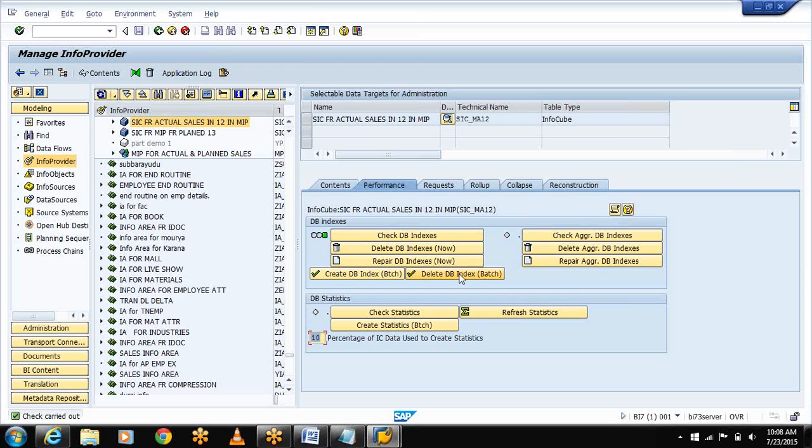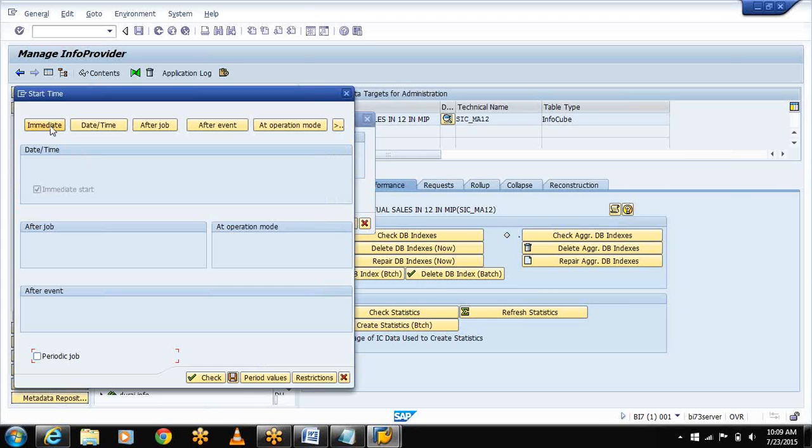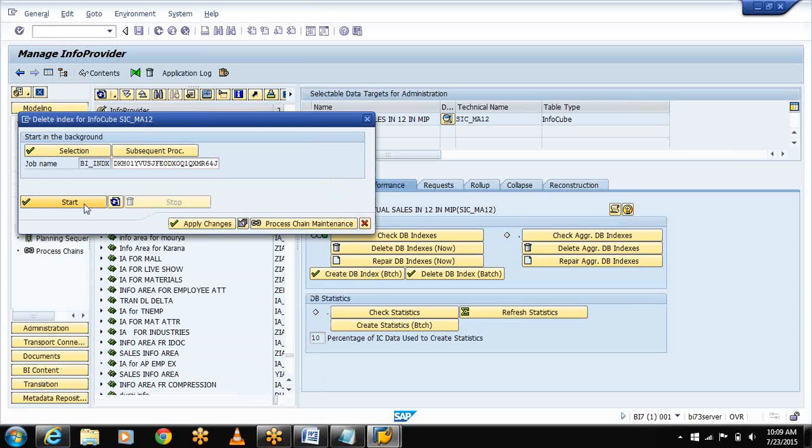Now I want to delete or drop the index. For that, select delete DB index batch. In real time we will go with process chains, but for now we are doing this. Selection, go immediate, already it's checked. Save, select start,